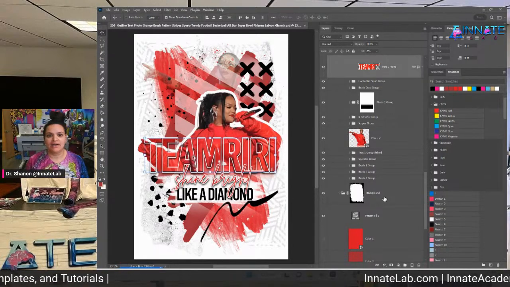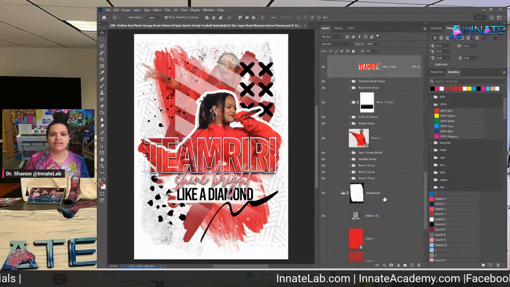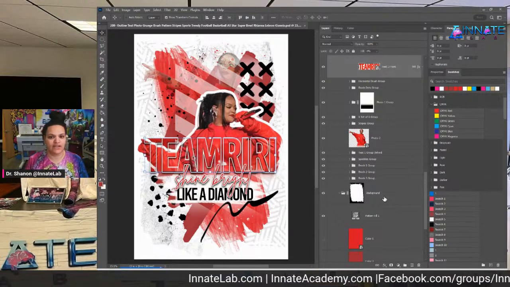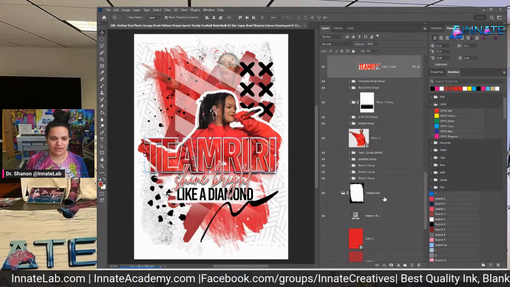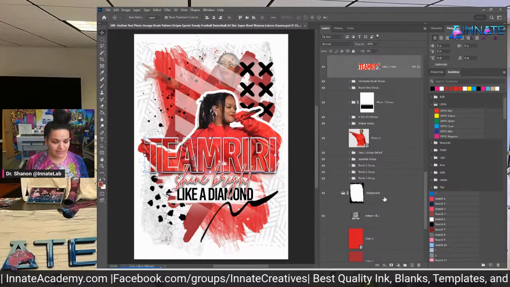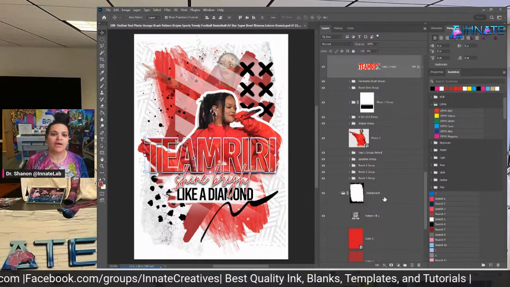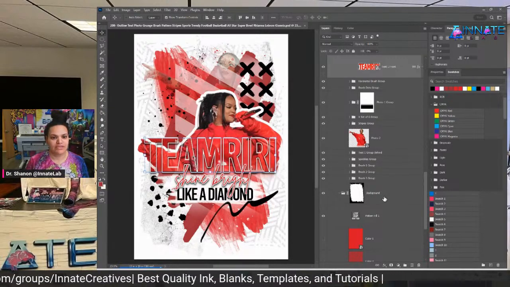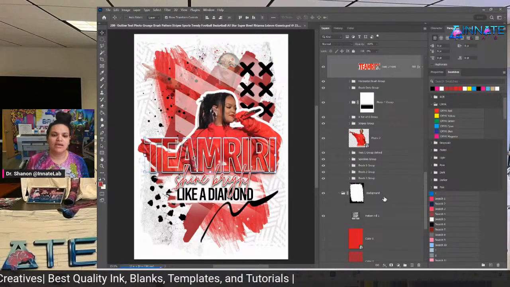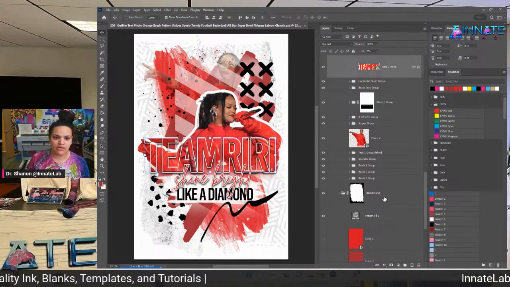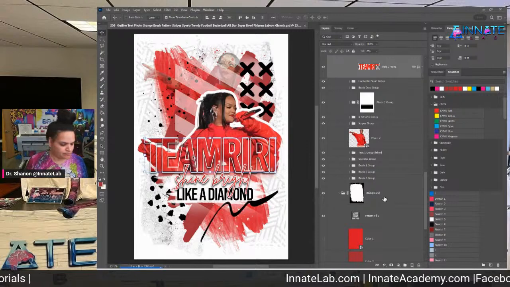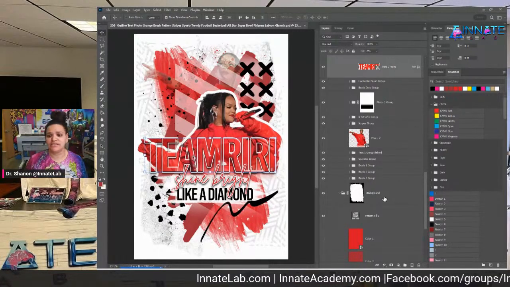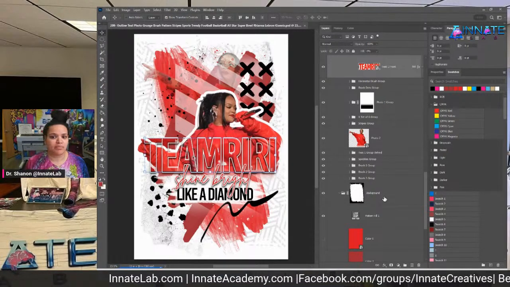I'm using these images to motivate you to understand that you can make professional level designs in 5 minutes with these templates, but I want you to be using your images of your little ones, your local superstars, your local teams. I want you to really get involved in making their stuff look just as good as the professional posters that